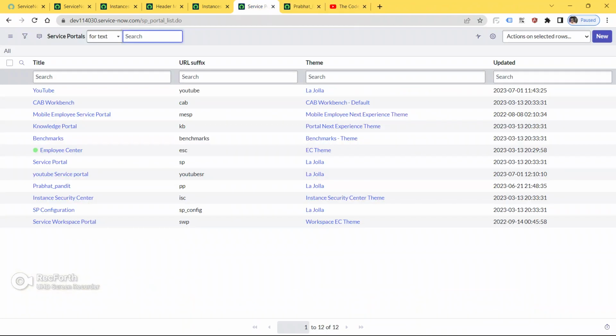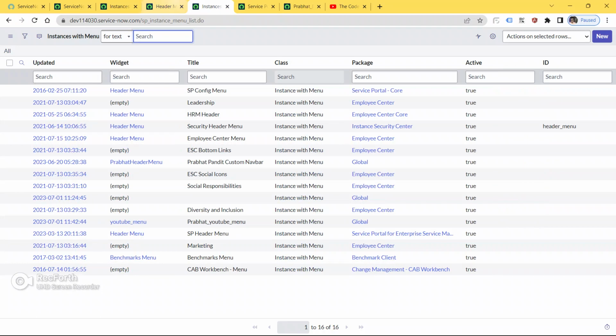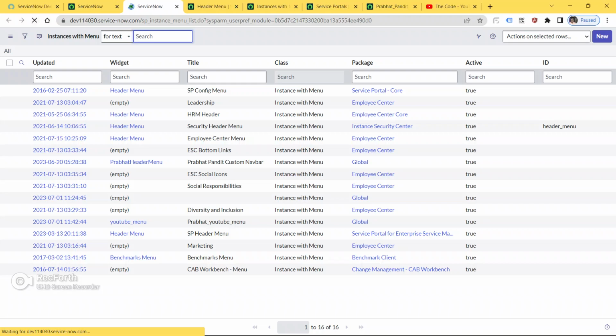So first of all, guys, let me cut all the tabs, then only it will be easy to find anything.